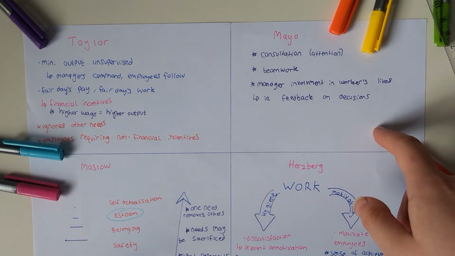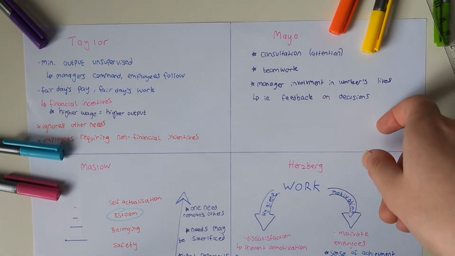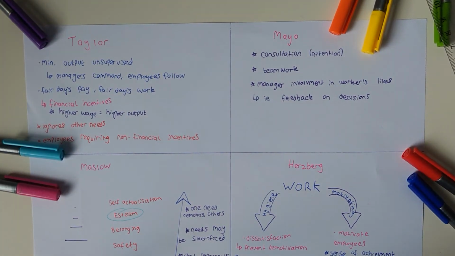Then we have Mayo, and this is linked to the human relations theory and the Hawthorne effect. To summarise into 4 points really, the main ways to motivate an employee are to consult them about their conditions of work, and actually changing these conditions doesn't have much effect, but just giving them that attention can be motivating. Having them work in teams and feel that group belonging can increase productivity, and managers should be involved in